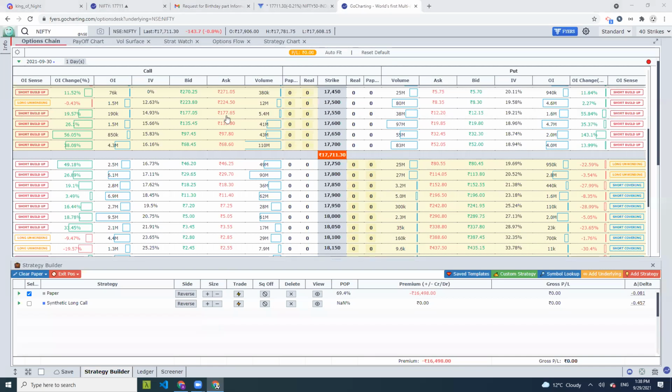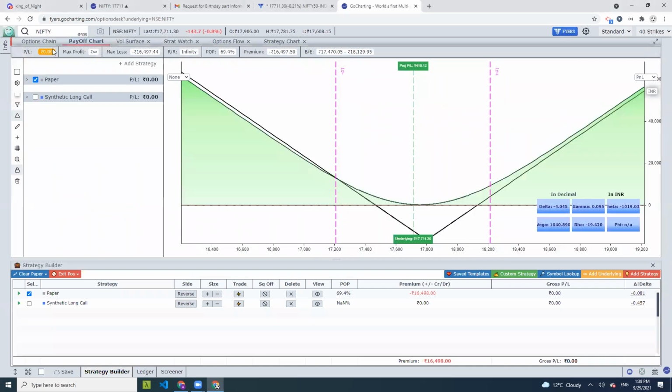Does it show margin required for basket order? This is something that will get added in the next 2 or 3 weeks directly here, sir, madam. When you place the paper position here in the payoff chart, it will also give you the margin, and it will be an estimate. I'd like to make it very clear: this will be a margin calculation done by Gocharting, so it will be an estimated approximate calculation. It will be directionally correct, but it is always advisable to check with the FYERS margin calculator page before you place the order, but it will be approximately correct.